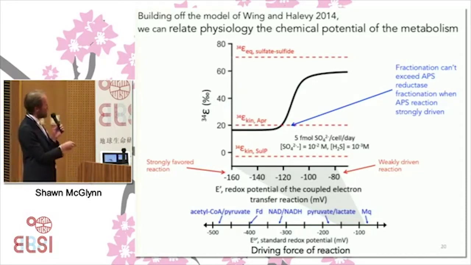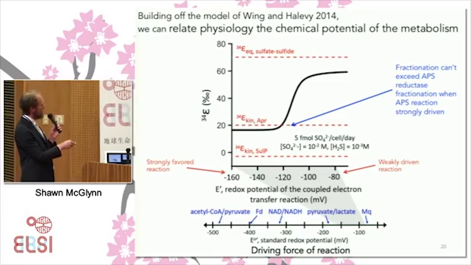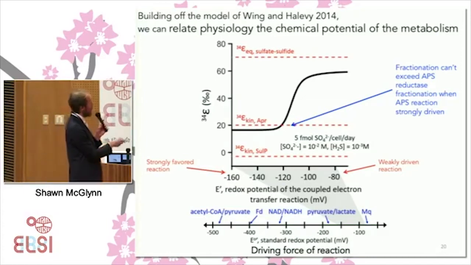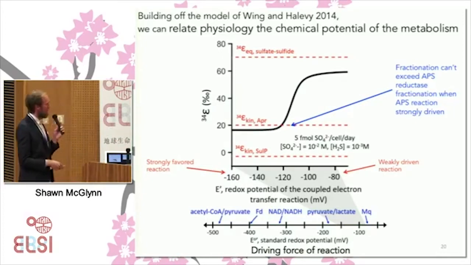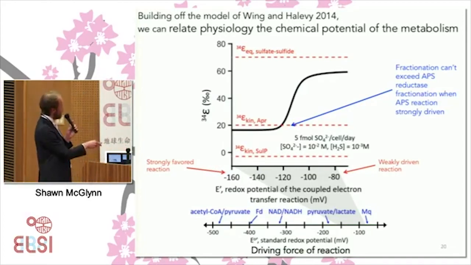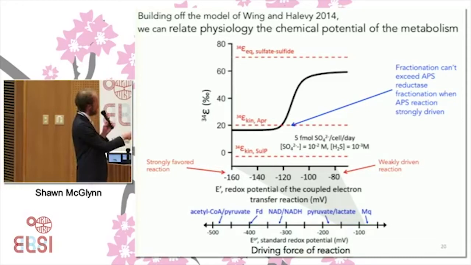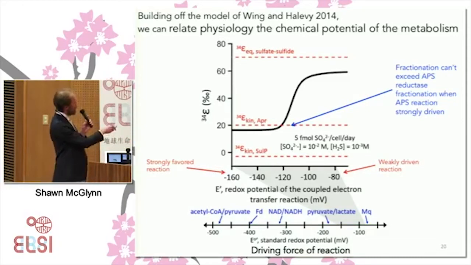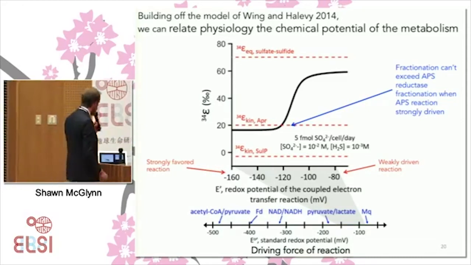And what we found when we started plotting the data like this in this model was that actually the observed isotope fractionation of the cell does not ever go over the isotope fractionation of this one single enzyme until that enzyme step becomes reversible. And so this is this backflux contribution here. When there's not a sufficient amount of energy to push that reaction forward, the isotopes can re-equilibrate between APS and sulfite, and that's what leads to these large, close to equilibrium fractionations.